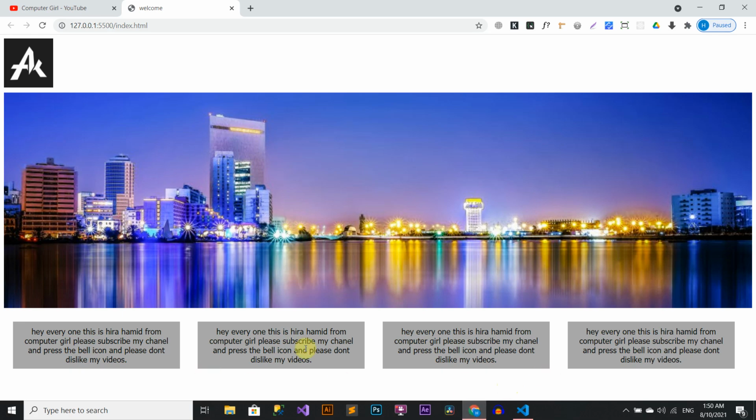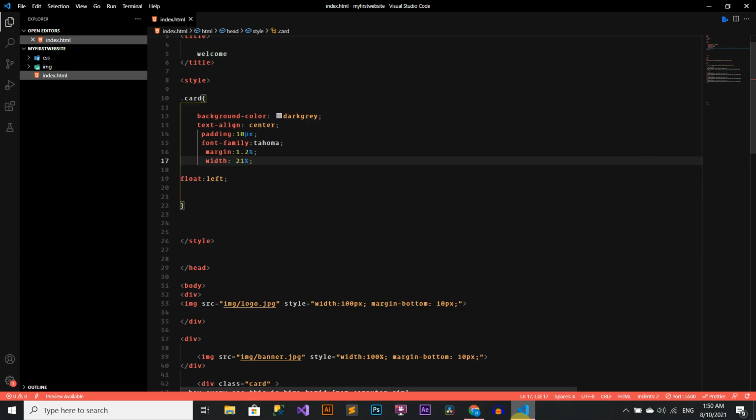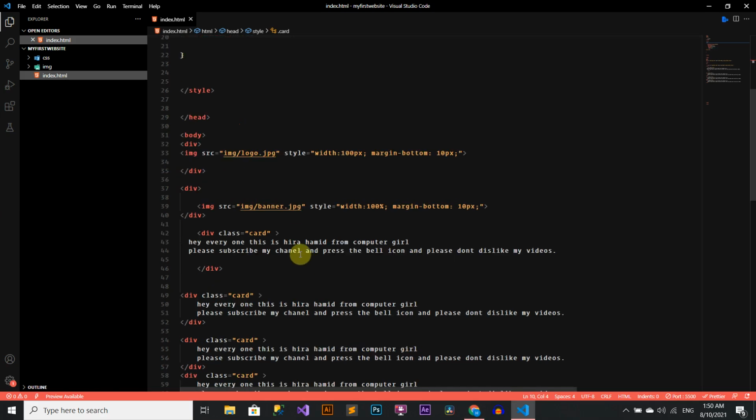Now check, cards have been divided into equal space and all cards are sharing one CSS class which is inside the head. This is called internal CSS.